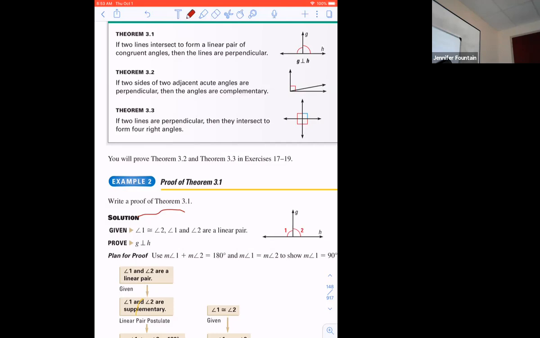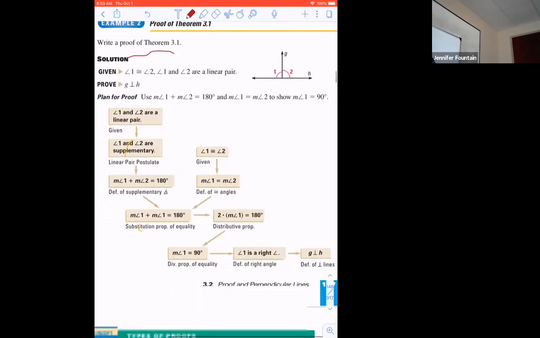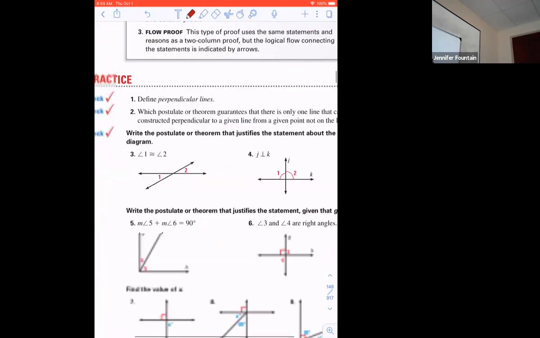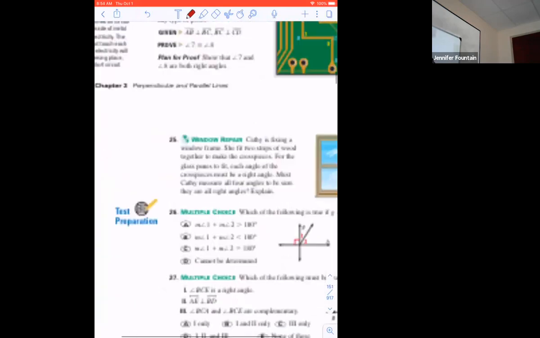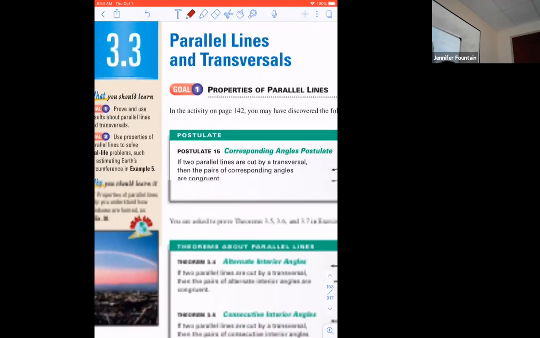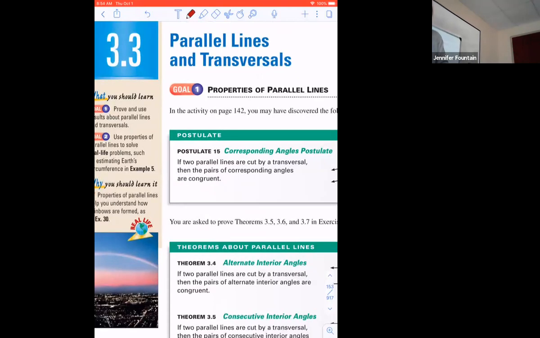Theorem 3.3, if 2 lines are perpendicular, then they intersect to form 4 right angles. And we already talked about that as we were describing it. Example 2, proof of theorem 3.1, we're just going to scoot right over, and then we had our practice for 3.2. So now we're going to move on to section 3.3, parallel lines and transversals on page 143. All right, page